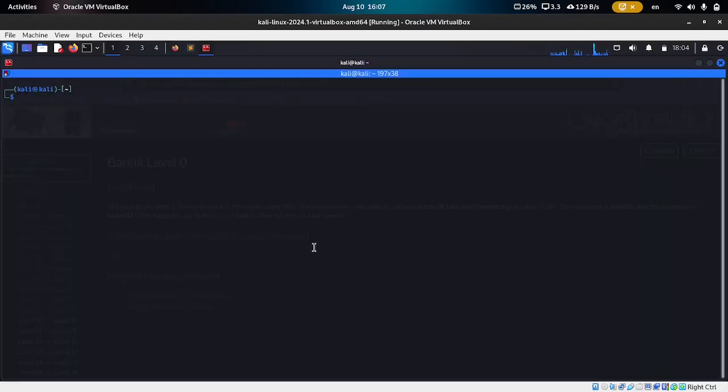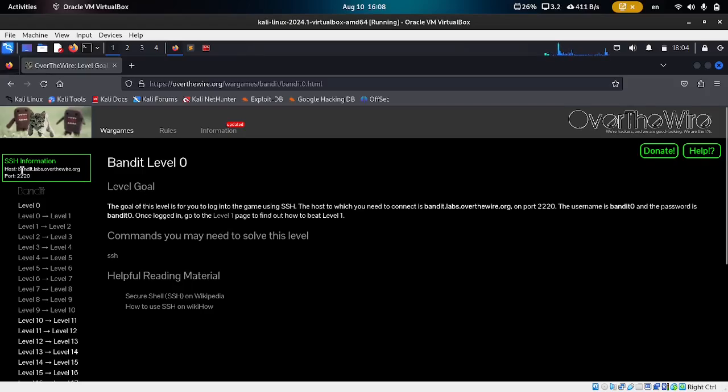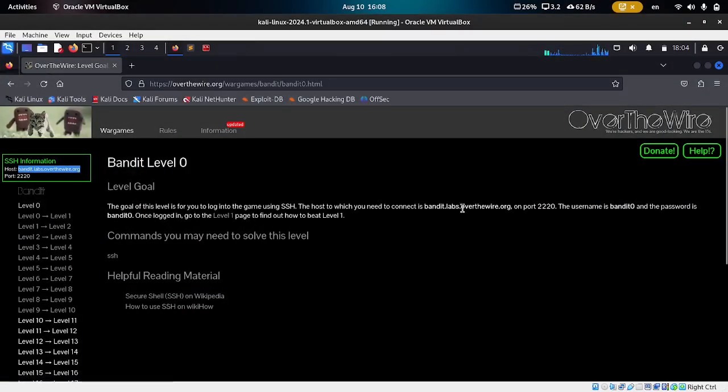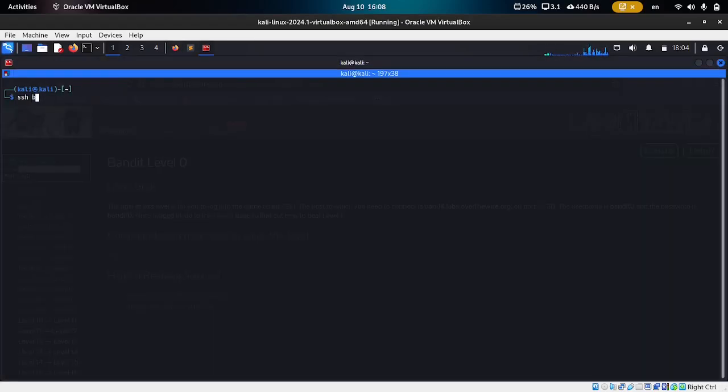SSH means secure shell and is used to connect over a secure connection to another server or computer, and you can work on the command line or the terminal in the other computer to do whatever you need to do. To go there, you need to use the ssh command. We're gonna copy the host just to avoid making any mistakes. The user, as it says here, is bandit0 and the password is bandit0. Okay, so we're gonna write bandit0 at